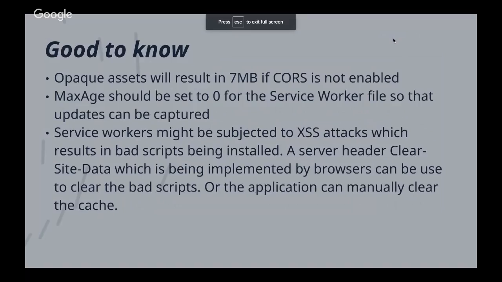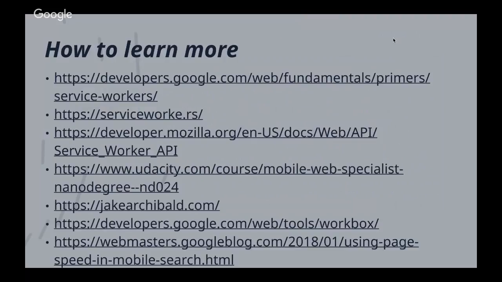And then if you wish to learn more, these are basically the resources that I made use of most of the time. I prefer the Google version rather than Mozilla because I use ES6 most of the time, and the Google version uses ES6. Although the Mozilla one might be useful when there are scenarios where you're using the old version of JavaScript. And Jake site and Workbox. We can't use it for the nano degree, but it's good for you to know when you do it professionally.